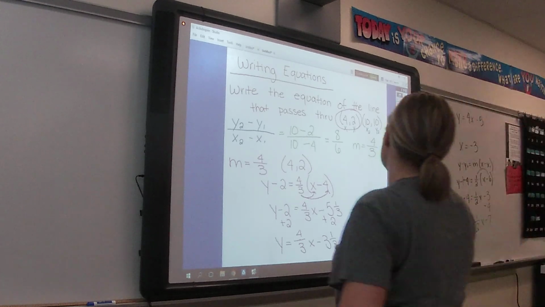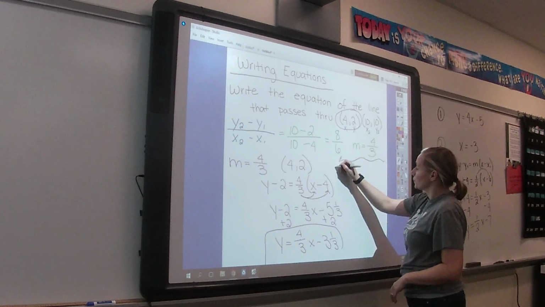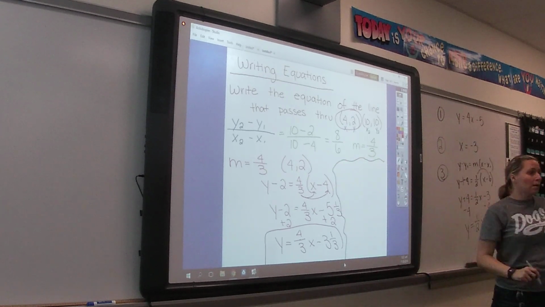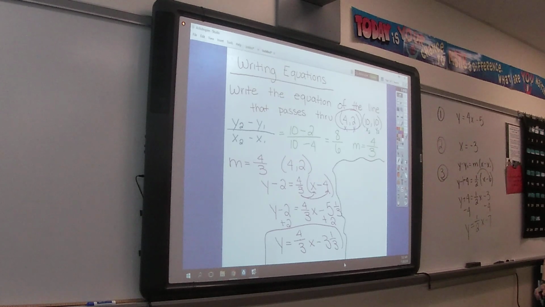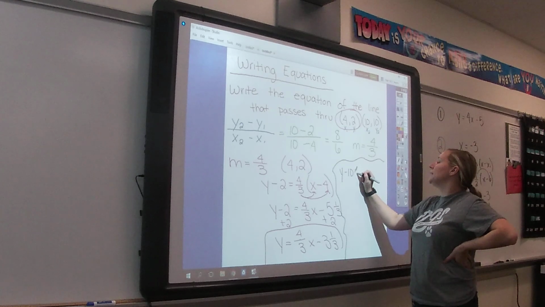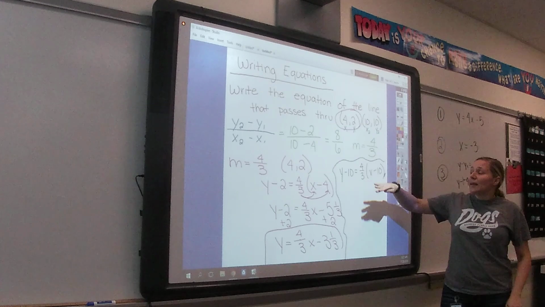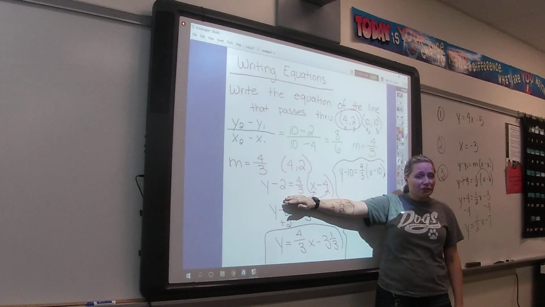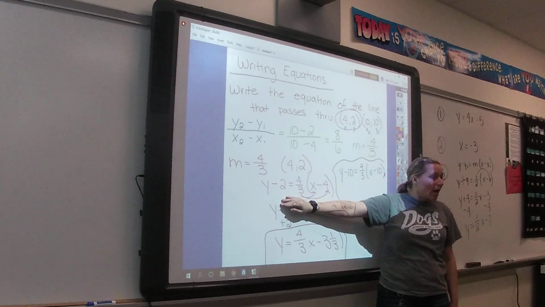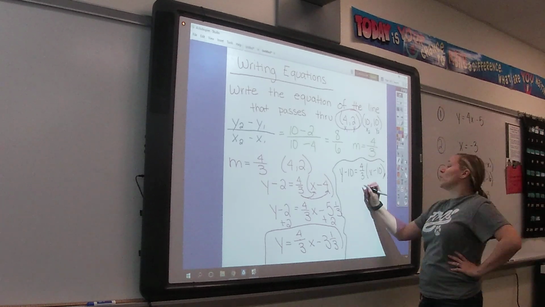Now, you don't need to write this next step down, but I do want to show you so that you can see. I'll just kind of squeeze it in here. Okay, if Sutton picked 10 comma 10 because it's his favorite number, and he plugged into point slope form, y minus 10 equals 4/3 times x minus 10, his original problem looks very different than the one that we came up with. Okay, and so most likely just by looking at it, you would not go, oh yeah, that's right, because that's the exact same equation. But if we solve this for y,